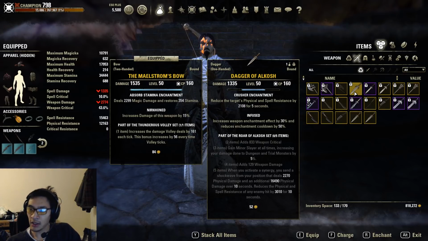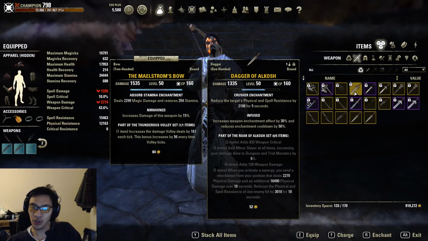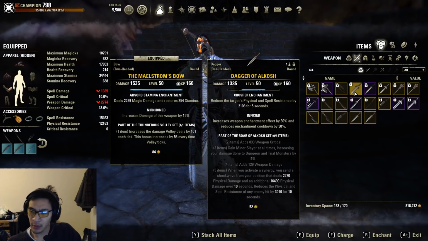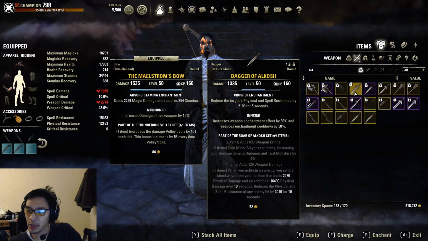Plus, you also get the added benefit of Alkosh's proc, which decreases physical and spell resistance by 3010. Again, that benefits both stam and magicka, so that's another source of penetration that you can also consider when you're trying to figure out your CP distribution. Now, do keep in mind that some of these are kind of limited in uptime, especially Alkosh. Alkosh is particularly difficult to get 100% uptime on, so that's something you want to also take into consideration when